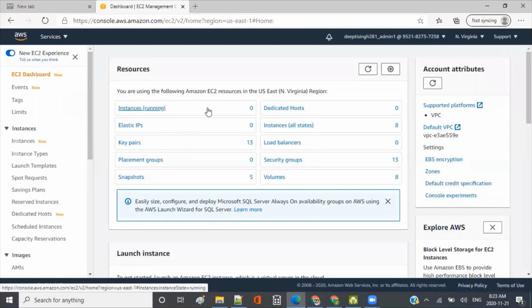Because if it is running, the bill is on, so you will get some bill. But when you have the free tier, just keep in mind, if you keep running one T2 micro instance for the whole month, I think you would still not pay anything. I'm just giving an idea, right? But it's a good best practice for you to launch an instance, do something, because you're just doing experimentation, and then stop it. Don't leave it running.